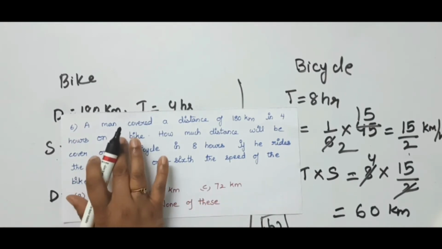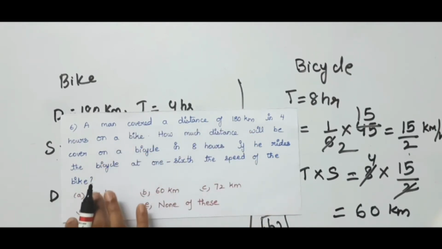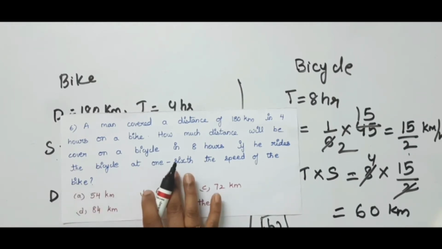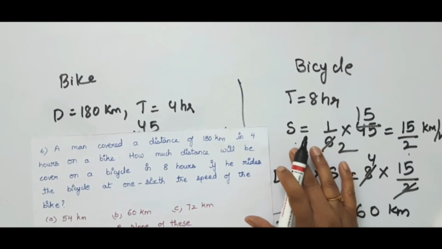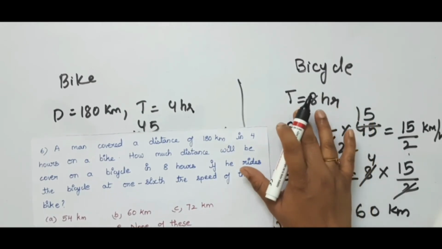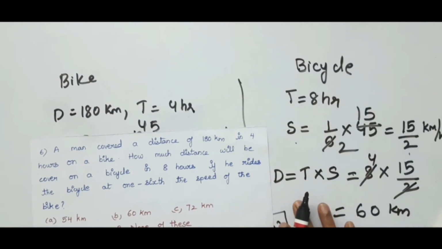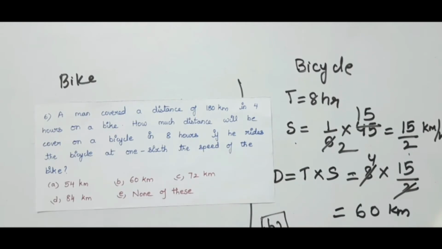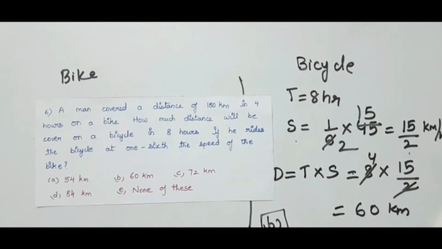In the first sentence, he has given the distance and the time for the bike. Using those, I found the speed of the bike. And once I got this, using the relation sentence, I got the value of speed for the bicycle. We have time in our hand, speed in our hand of the bicycle, so simply I calculated the distance using the formula. In this way, you have to solve this type of problems. Okay. Now let us go to the next problem.